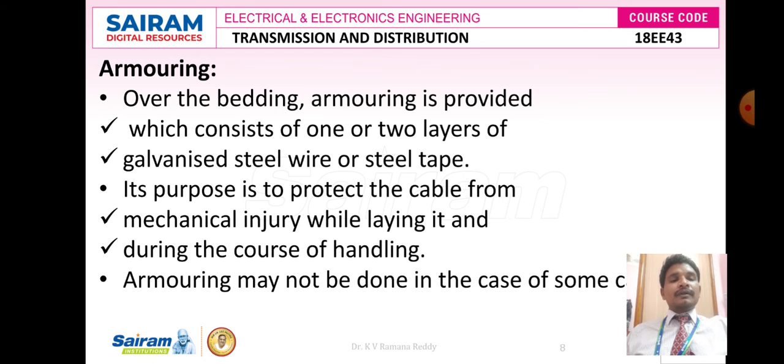This kind of steel tape or galvanized steel wire we can observe in normal dishwares. The purpose of this galvanized steel wire and steel tape which covers the bedding is to protect the conductor from mechanical stress and mechanical injury. Therefore its purpose is to protect the cable from mechanical injury while laying it and during the course of handling. While we are drawing the conductor underground, it is definitely subjected to mechanical stress